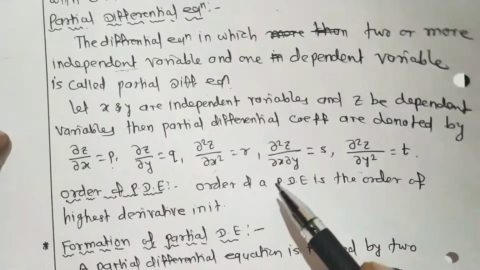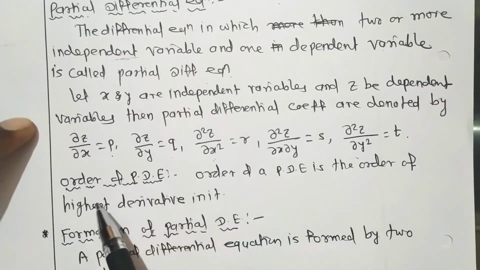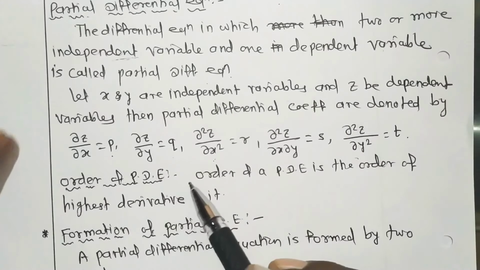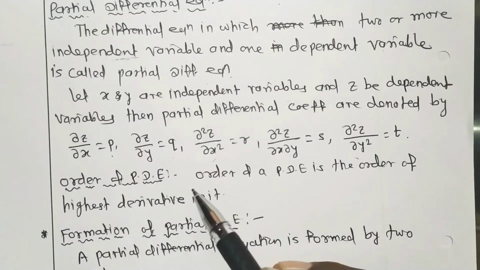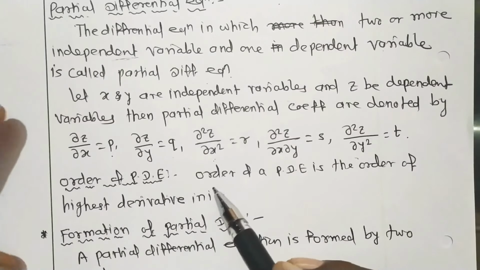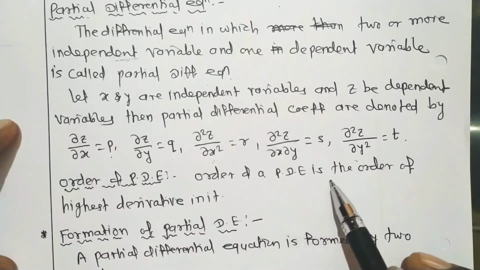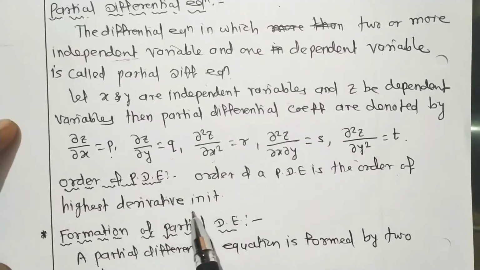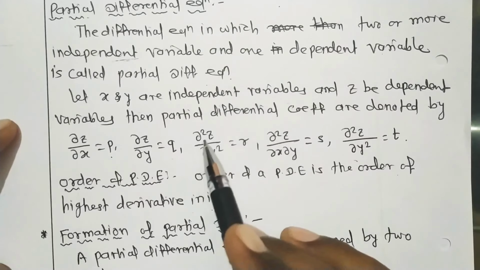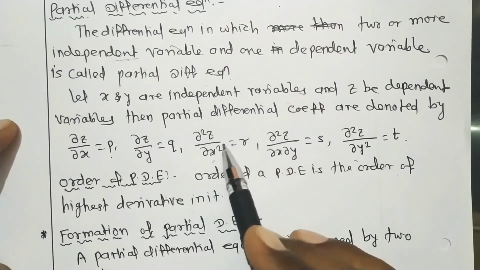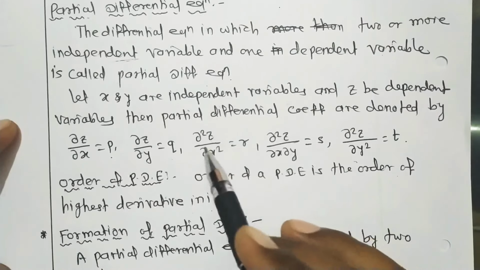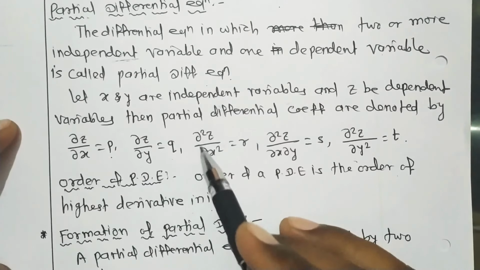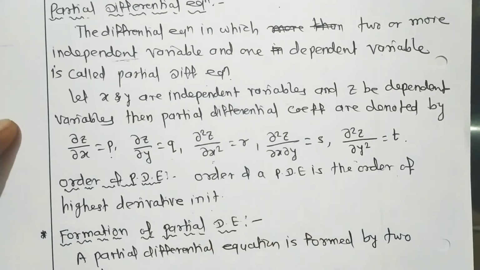After this definition of partial differential equation, what is the order of a partial differential equation? How do we find the order and degree of a partial differential equation? We know that the order of a differential equation is the order of the highest derivative that appears in the equation. Same in a partial differential equation also. For example, ∂²z/∂x² + 2 ∂z/∂y = 0 is given. The highest derivative is ∂²z/∂x². Its order is 2. So the order of that differential equation is 2.